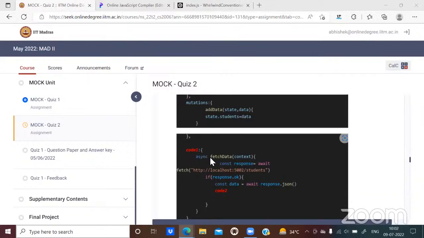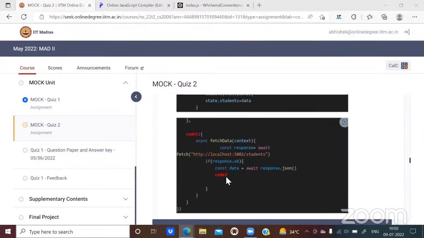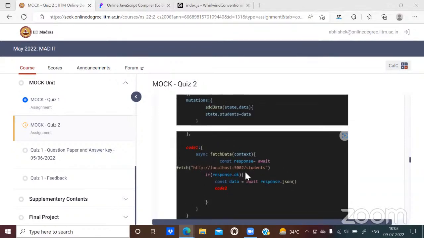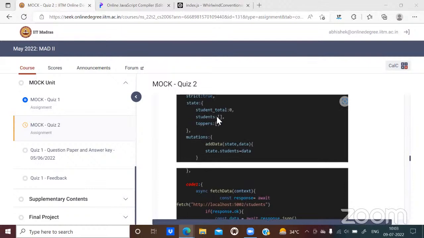So since code 1 is actions and we are defining one action, that means one function here, fetchData, that is receiving context as the parameter. What it is doing is fetching the data using this fetch API. We are not interested in how this API looks. We are just saying what the appropriate value at code 2 should be if this promise resolves, or if the OK status is set to true. The data has already been gotten using response.json. So we need to write a statement here that should update this students array.